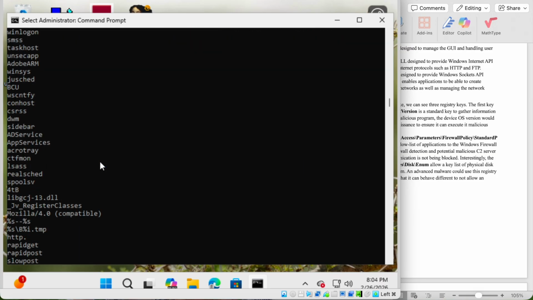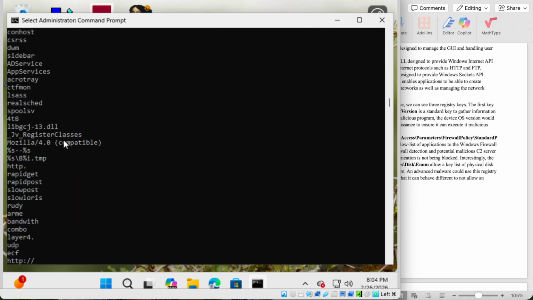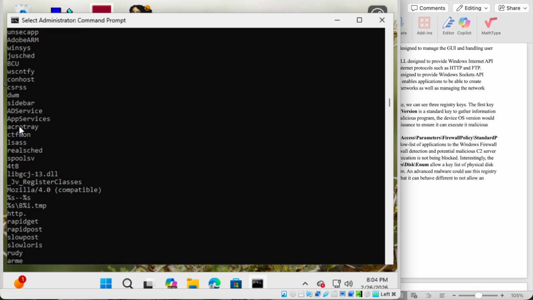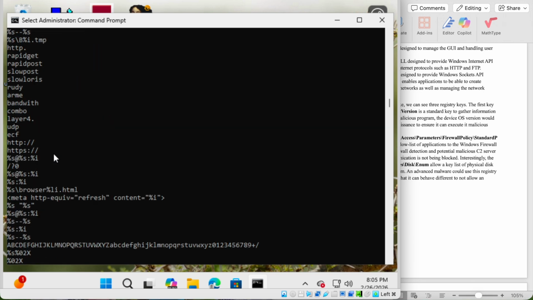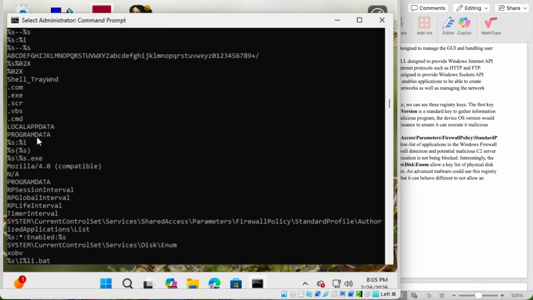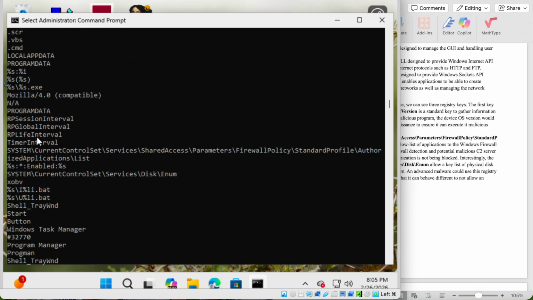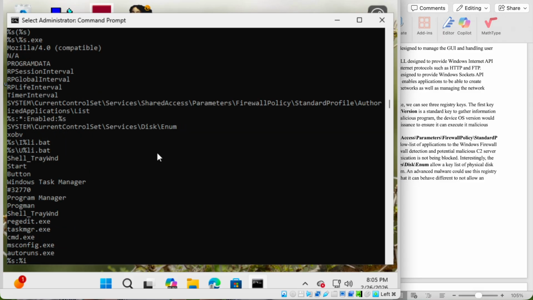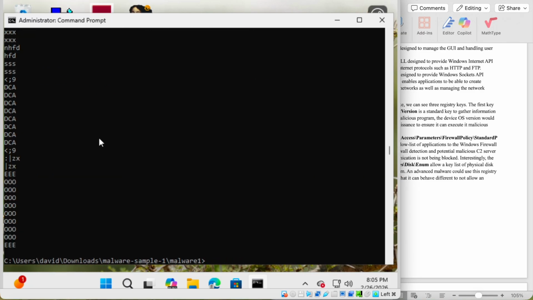Not there. And you can see Aquatray, and then a bunch of names that are showing, and also there. Okay, even though I didn't find that one, we actually see this specific registry key